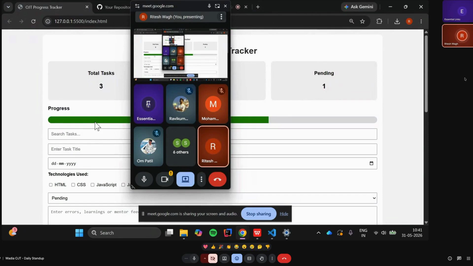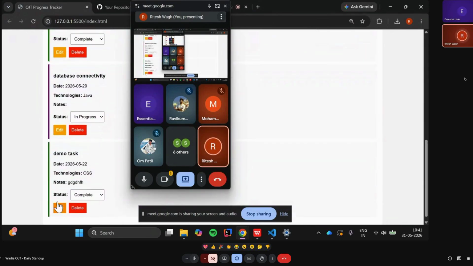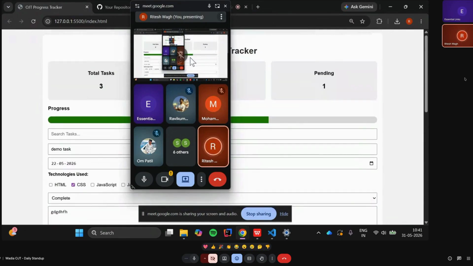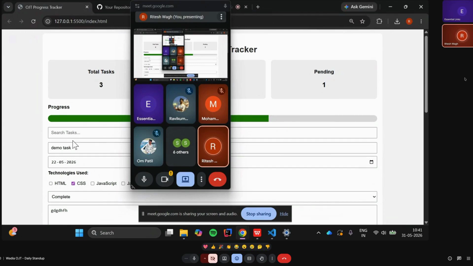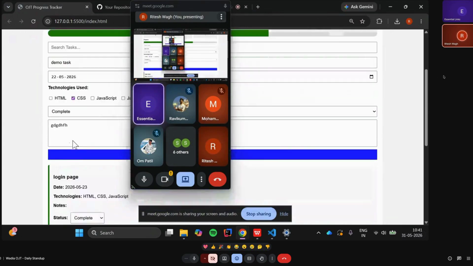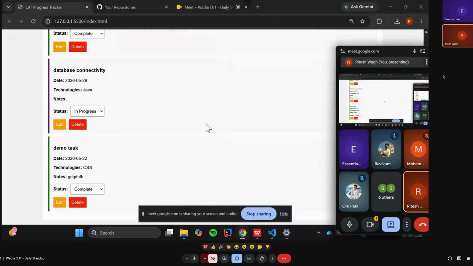Okay, sir. I added one task and this task shows here. Also, I can read this task, and it shows whether the task is in progress, pending, rejected or completed. I can also delete a task.